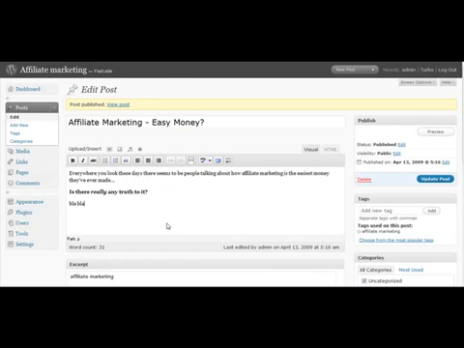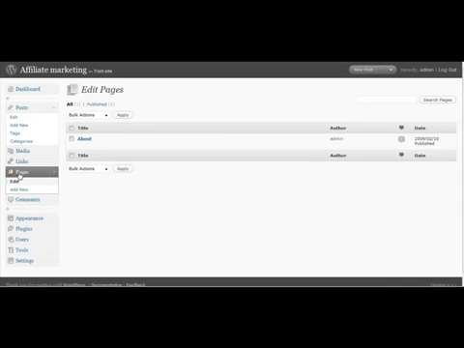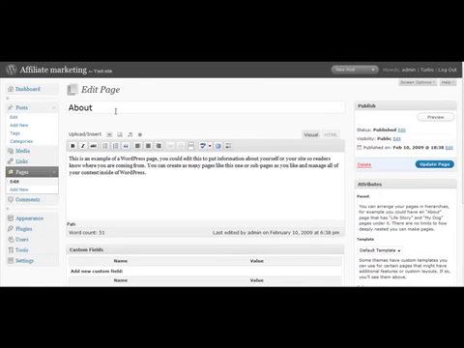It's real simple. And the next thing you want to do, so you've written your post, you write a couple of posts, and then you're going to want to create your About Me page at some point. So I'll just show you how to do that. You just click in Pages, and then you already have one here called About. So all we're going to do is click Edit. I'm going to call that About Me,